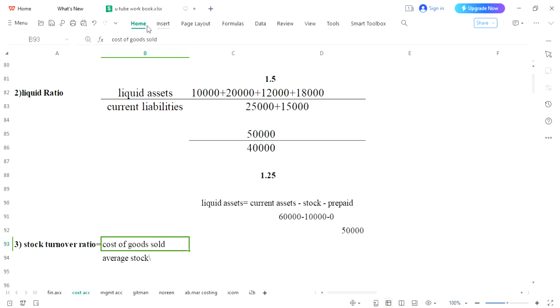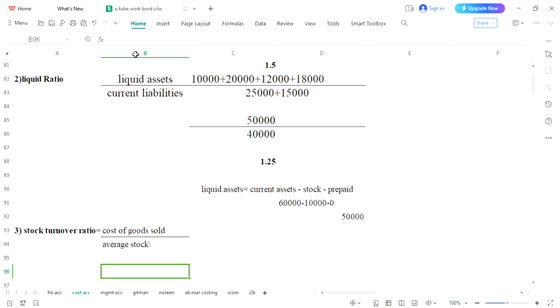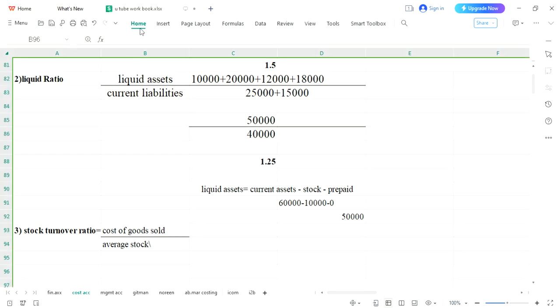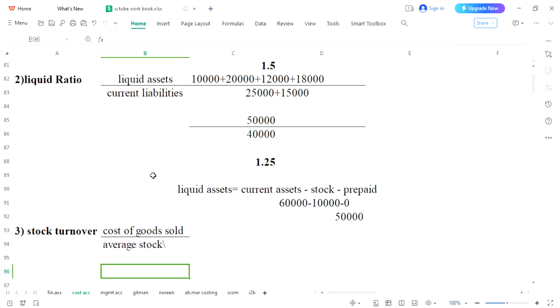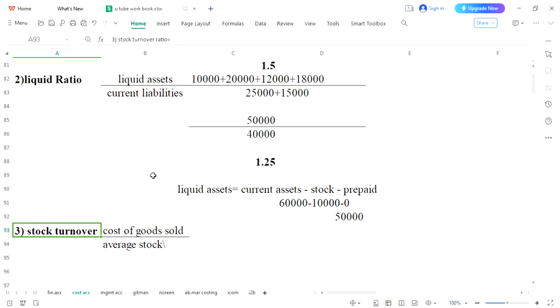Let's put a bottom line over here, and we need to make a proper size for everything. Alright, stock turnover ratio we need to put, and the formula which we have written is cost of goods sold